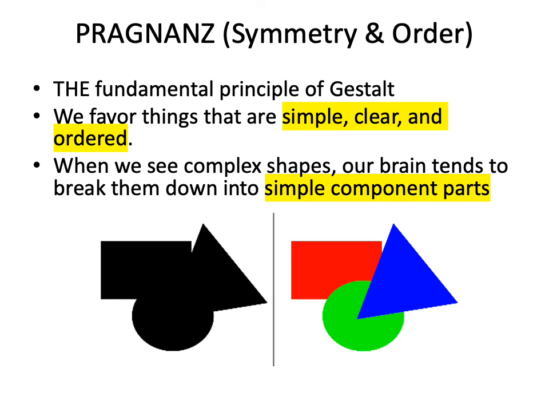When we see complex shapes, look at this, right? This is a single shape, but rather than looking at it as one single shape, so that we can understand it, we break it down into simple terms. We understand circle, we understand rectangle, we understand triangle, right? And that's what our brain is telling us, rather than saying, what is this crazy outlined black shape, right? We tend not to view it that way in the beginning, okay? So that is an example of Prägnanz.